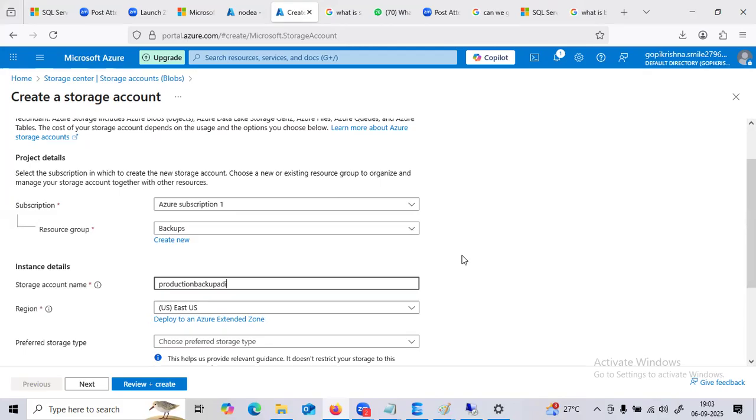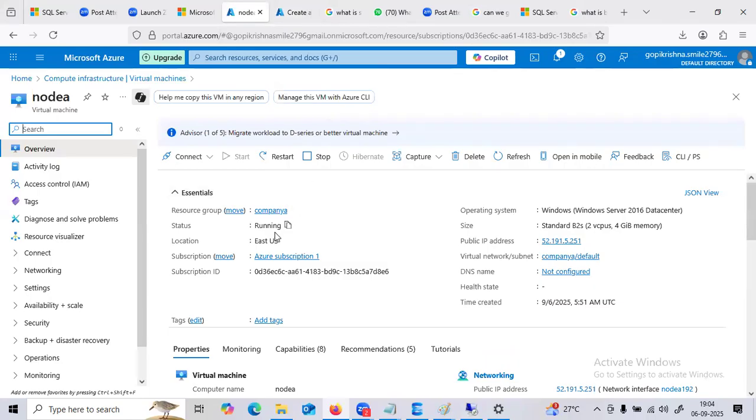Why the storage account? In the storage account, we are going to keep the backups. So for this storage account, which virtual machine are we going to use? We know, right? That is our computer. So for our computer, how can we know which region? East US. If you go to the Azure portal and type the computer name, it will provide what resource group we kept it in, whether that computer is currently running or not, which region it is in, what operating system it has, how many CPUs and how much RAM it has, and what is the